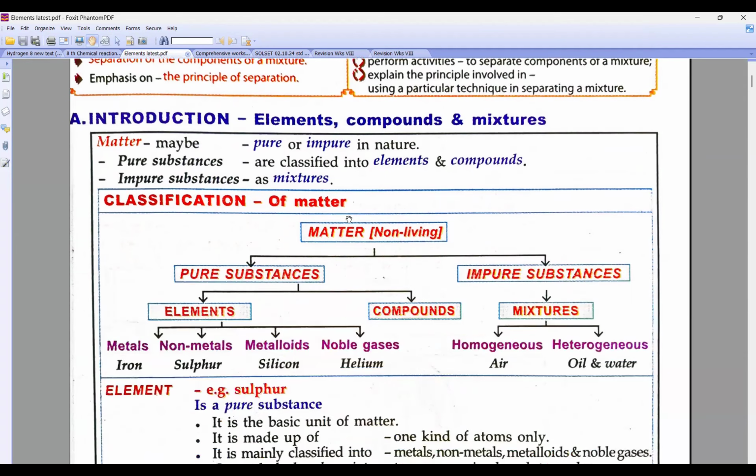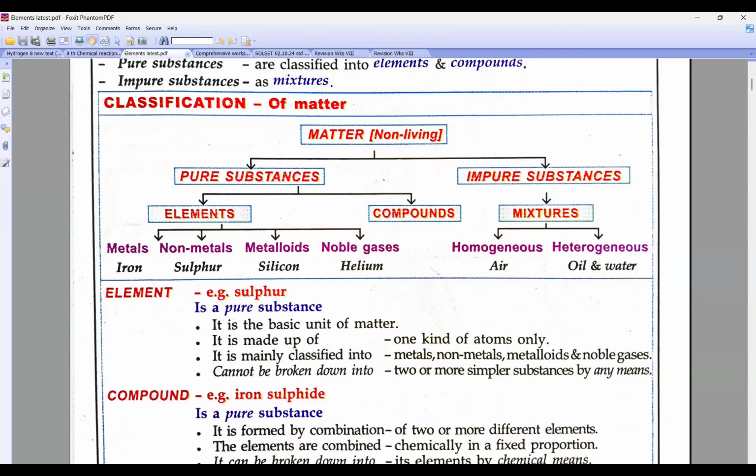Now here, what all type of question they can ask? First, they can ask about definition, then examples of metal, non-metal, properties of metal, non-metal, metalloid examples. Then whenever we do the method of separation, there are many different types of question that can come. If I've given you a particular mixture, how you are going to separate it, or diagram based questions will come. Okay?